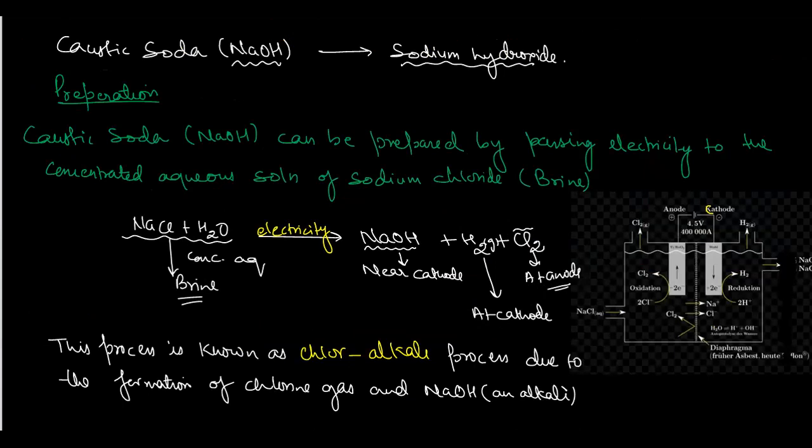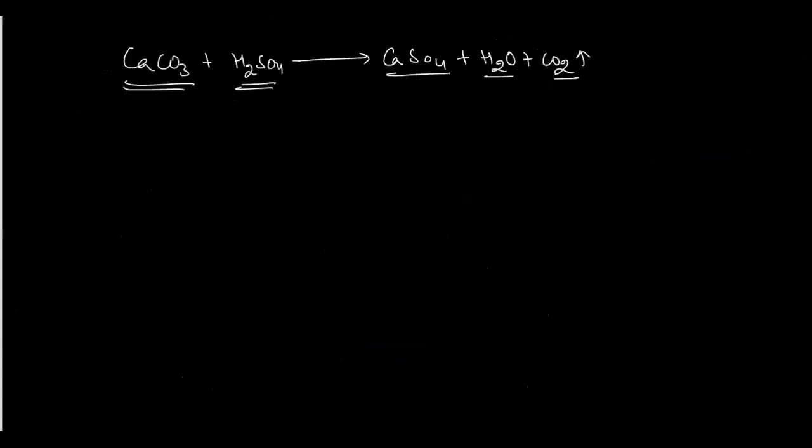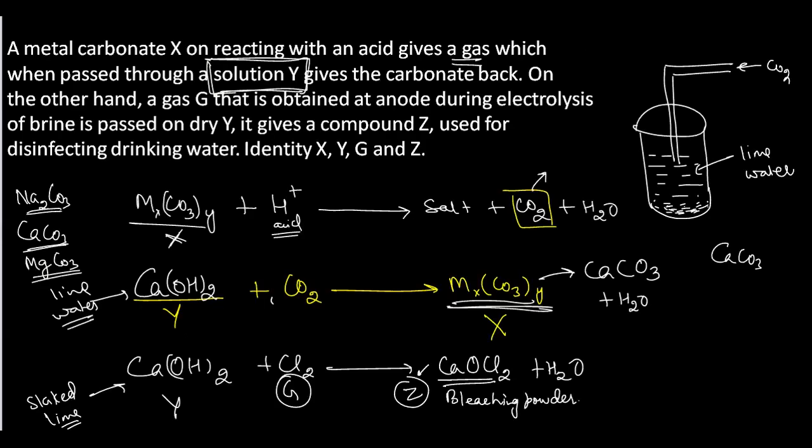So let me write it again. वहीं पर हम लोग चलते हैं. So if I'm saying कि chlorine gas पास करने पर, हम लोग को पता है कि क्लोरीन गैस ही होगी, क्योंकि ब्राइन को जब हम लोग इलेक्ट्रोलिसिस करते हैं तो क्लोरीन गैस ही हम लोग को एनोड पर मिलती है. So we know that chlorine gas will be obtained at anode. Okay, so when this chlorine gas is added to this compound Y, यहाँ पर कह भी रहा है कि on the other hand a gas G obtained at anode during the electrolysis of brine on dry Y, मतलब सूखे Y पर.